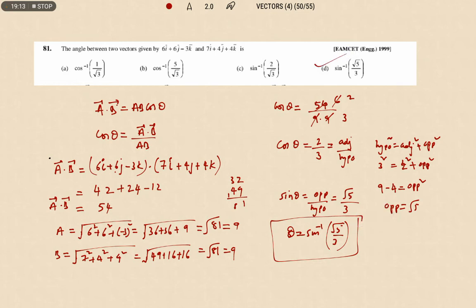Okay, so without doing the cross product also, by writing in this way we get the angle in terms of sine also. So actually we calculated the cos value, which we got as 2 by 3, but no option is matching with 2 by 3. Then what do we have to do? We have to find the opposite side, then express it in terms of sin theta. After expressing sin theta, we get the answer. In this way we can convert the cos term into a sin term.